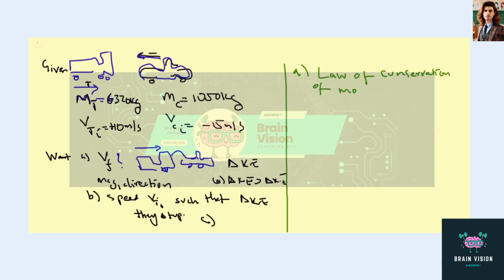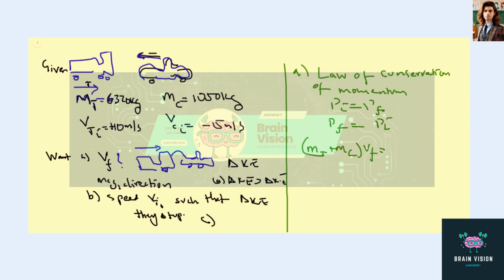We get to see that the initial momentum equals the final momentum. We can switch that because we are targeting the final velocity. They're sticking together, so the mass of the truck plus the mass of the car, times the final velocity,